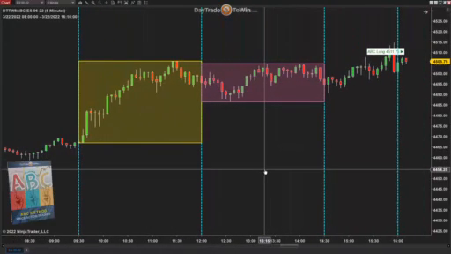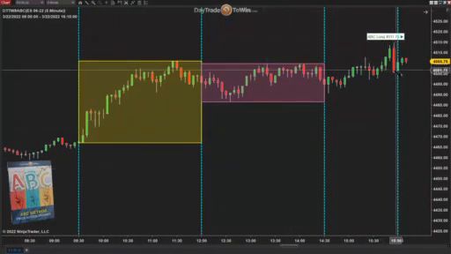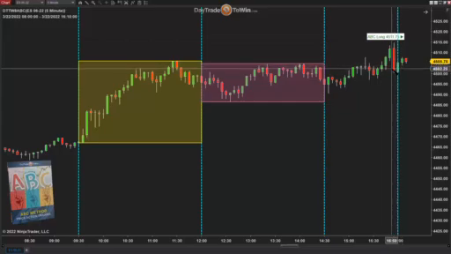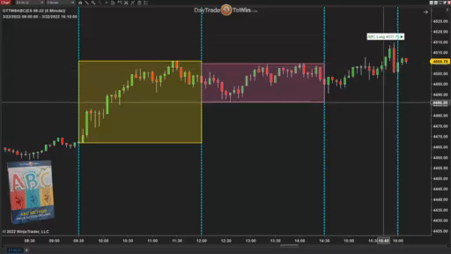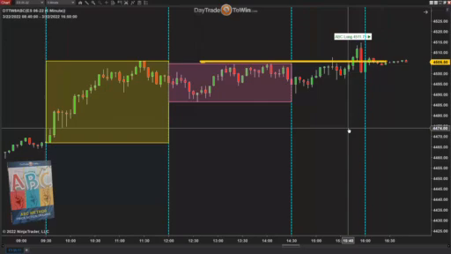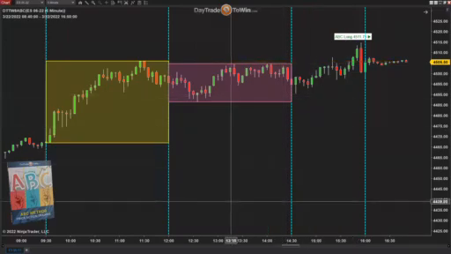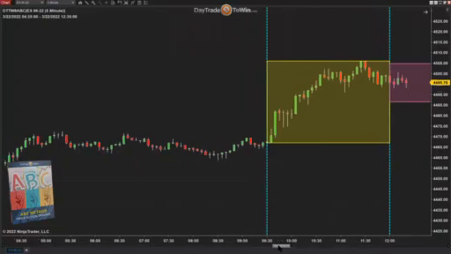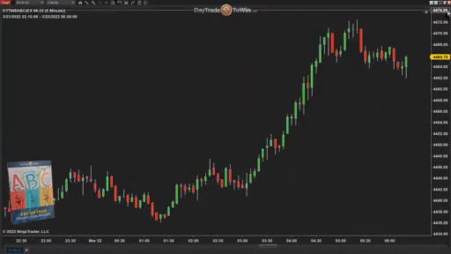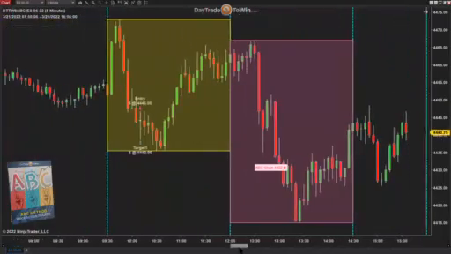Then we have the C part of the day. It's too late in the session here, too late in this third part of the day to go long. You're seeing the signal here to go long, but it's too late. In my opinion, I'd rather see the signal happen earlier. I'm going to show you another example here, and then I'm going to switch to the overnight because this can be traded in other markets and can be traded in the overnight Globex session as well.